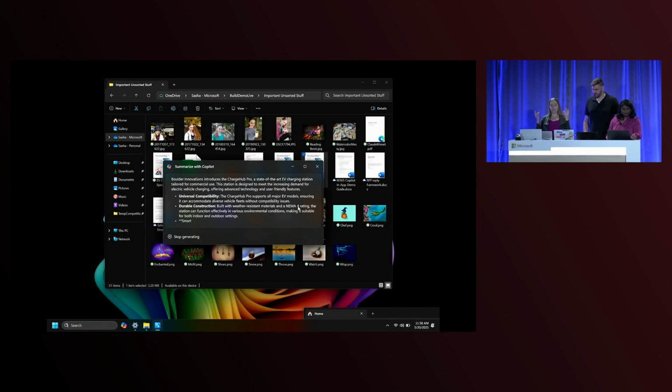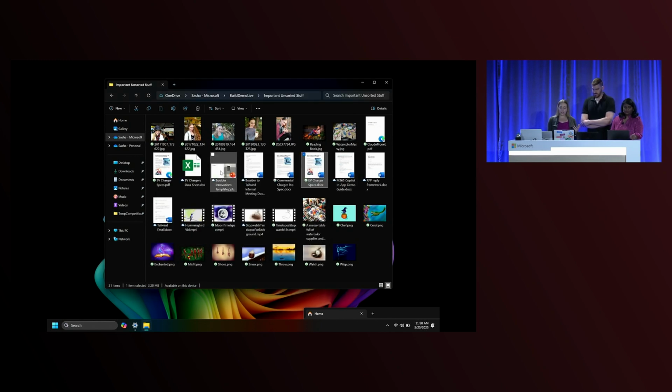So in this case, Windows, the file explorer, called that action, and the action was produced by Office. But the Office app isn't actually running right now. It ran it in the background and then returned the text to Windows, and Windows rendered it in a screen. So this is an example of an app that is consuming an entity that is handling the result of that action.